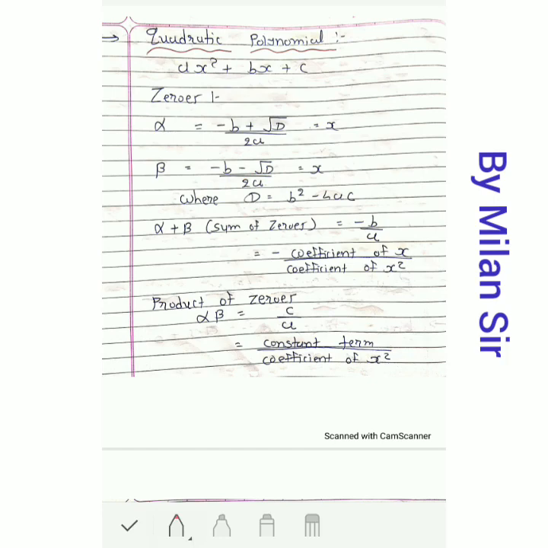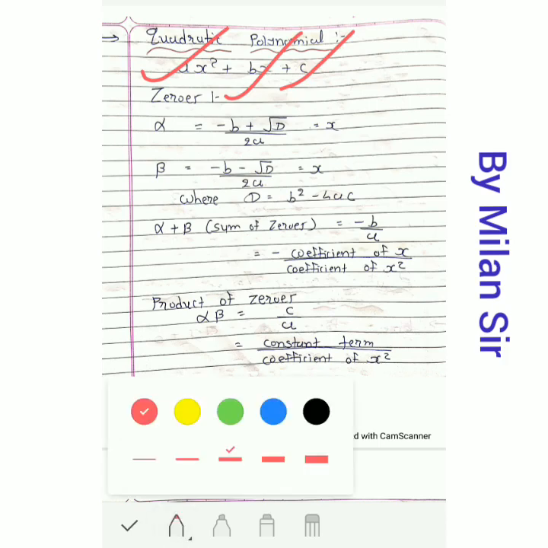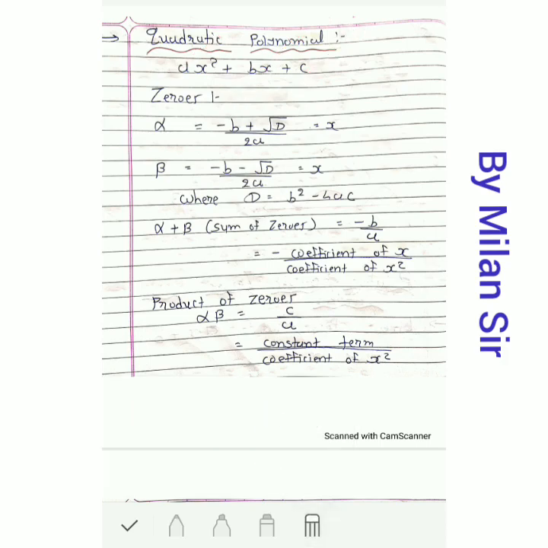But in chapter number 2 we only use one method, and that is middle term splitting. We can also use the formula method, but this method we learn in chapter number 4, quadratic equations. So right now we do not use this method, we use the method of middle term splitting, which I will explain in the next video. First of all, we find a, b and c from here. a means the coefficient of x square, right?